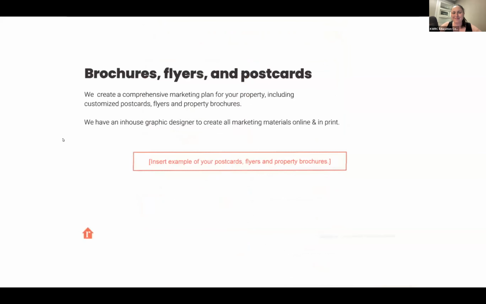Okay, so of course we do brochures, flyers, and postcards. Here is where I would show examples. I didn't put it all in here, but if anybody needs to see examples of our brochures, flyers, and postcards, we're happy to send them. And I make it clear to sellers that print is almost an antiquated way of marketing. Putting a print ad in a magazine is like a needle in a haystack. It's all digital. Digital marketing is where you're going to get the most exposure in the least amount of time and the most buyer leads.